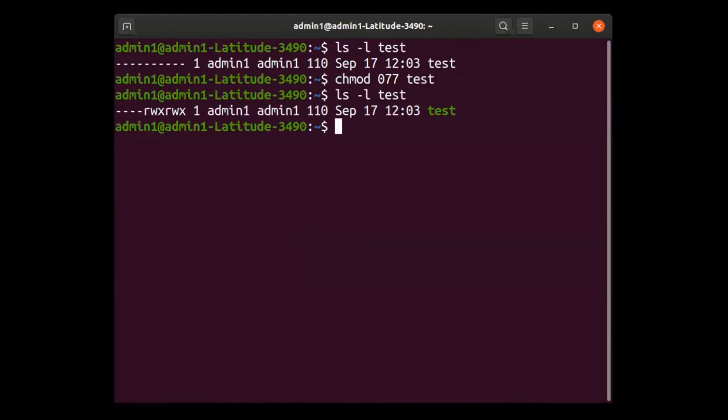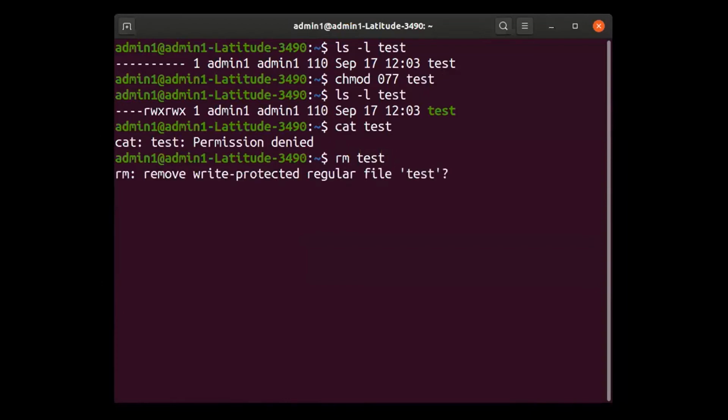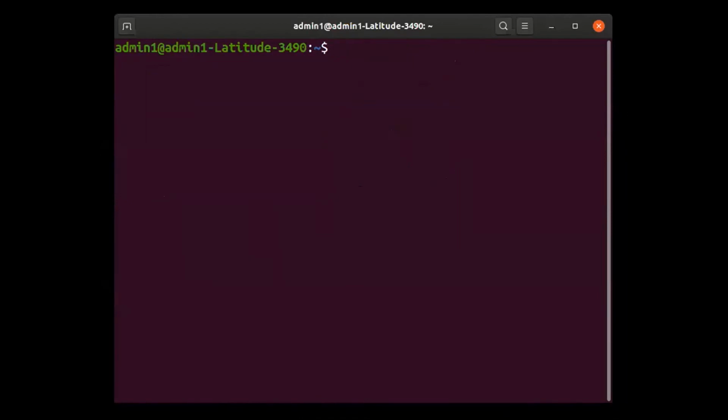Correct. And see the beauty of it. Can I say cat test? No. Can I say rm test? So the beauty of this is how Unix works. But then, since I have given you the read permission, you people as others can read the file. Okay. So this is how basically your file attributes and file permissions work in Unix operating system. Okay. So before we venture further, let me know if you have any doubts, please.